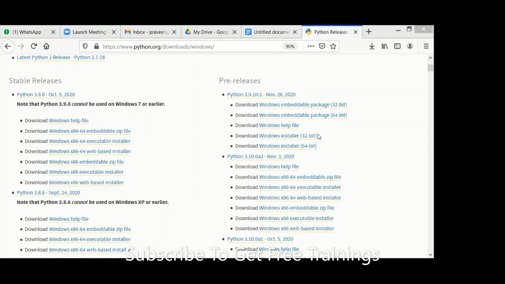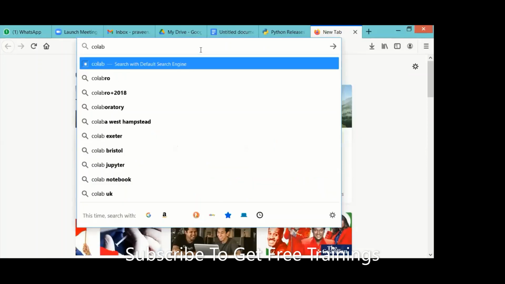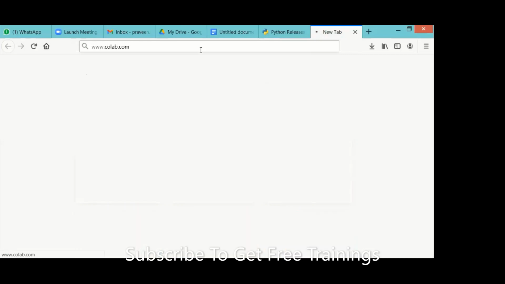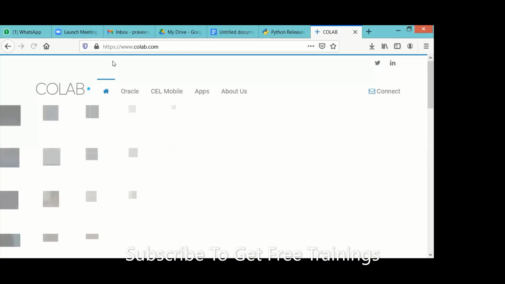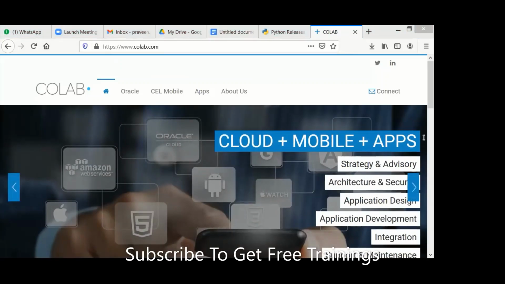As I told you, we can use Colab also. I'm opening Colab. Observe Colab from Google, colab.com.